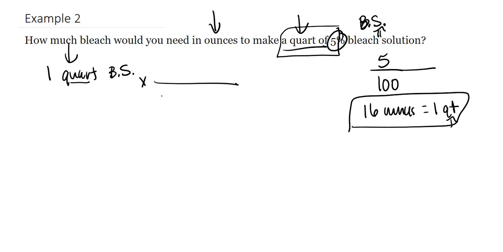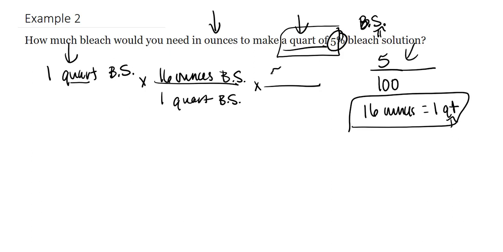So let's put 1 quart on the bottom because we need to get rid of quart. And then on the top we have 16 ounces of bleach solution. Then we need 5%, right? Well, 5% is 5 over 100, so let's just use that. This would be in ounces, and this would be in ounces. And this would be our bleach, because we only need 5 out of 100, which is like the whole solution,